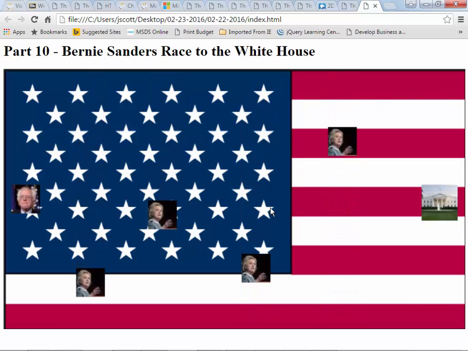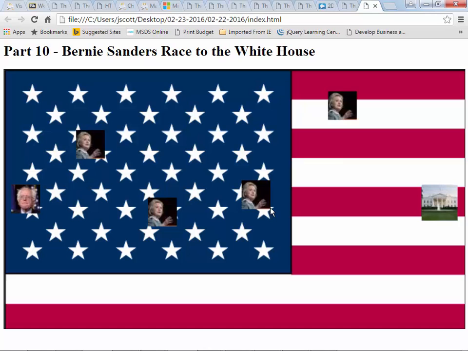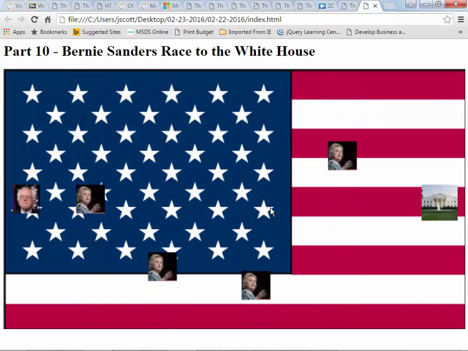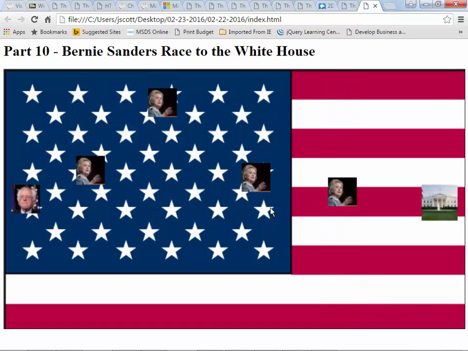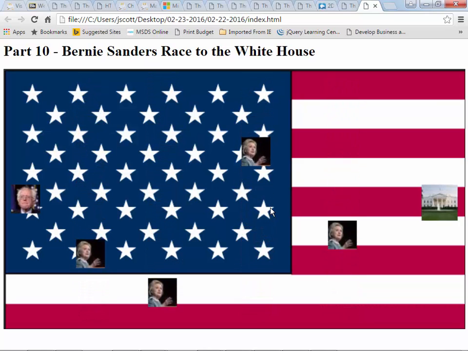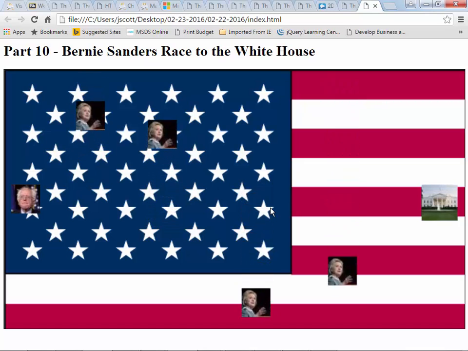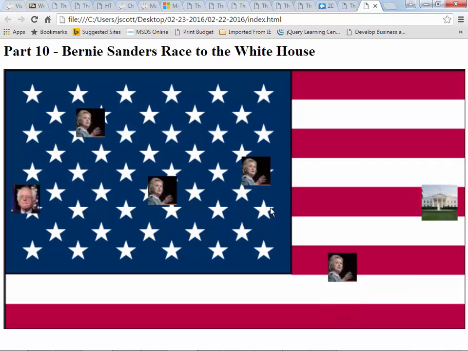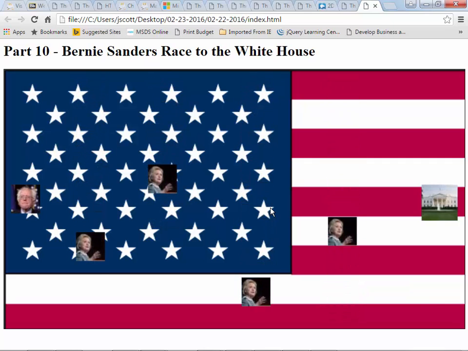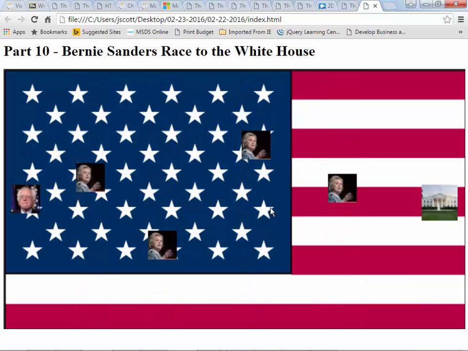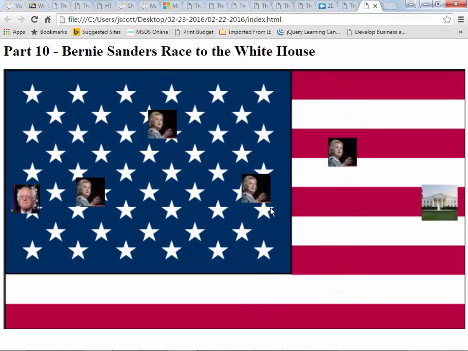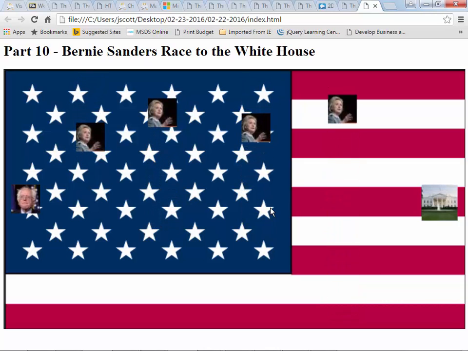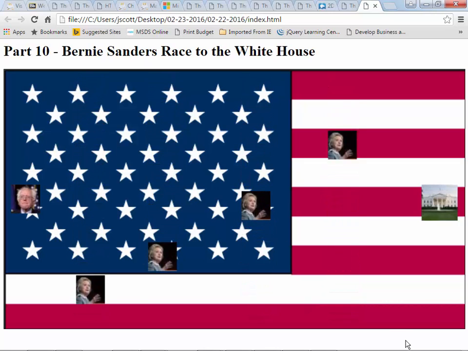So how could you change this? You could set it up so that if you get to the end, you could have another level come up. And maybe every time another level comes up, you add another Hillary. Or you make each Hillary go 1 pixel faster. Or whatever you want to do. So there's a lot of ways that this could be improved upon. But I thought this would give us an idea to really show some of the stuff that was in these chapters. So please take a look at it, okay?